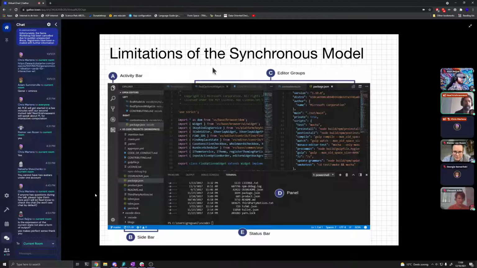On the left, you have a list of files and places you can jump to. On the right, you have two editor windows showing you two different files that are open, and then down at the bottom, there's a terminal window where you could click into and type some more commands in that good old 1970s way.